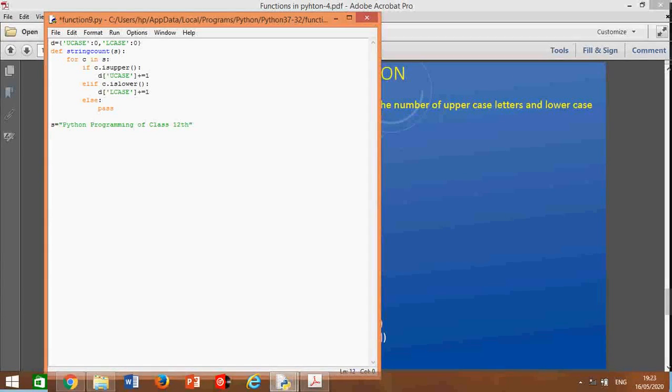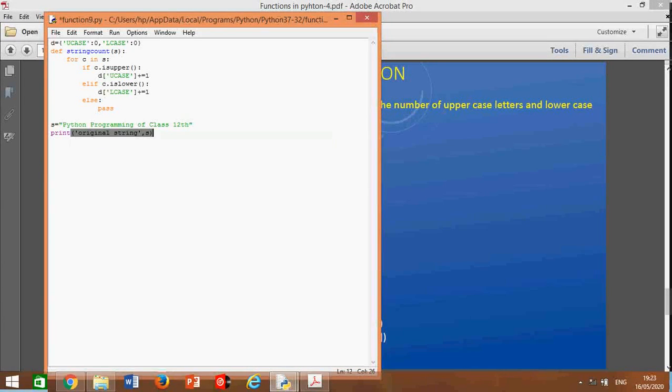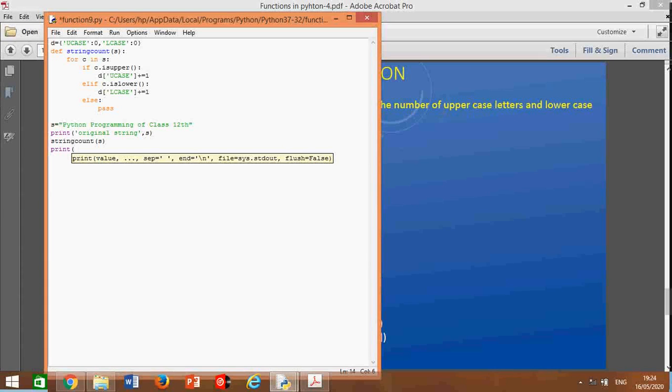This is our string. So print this original string first: Original string, s. Then call the function. The function name is string count, with s. Then again print the value of the dictionary.